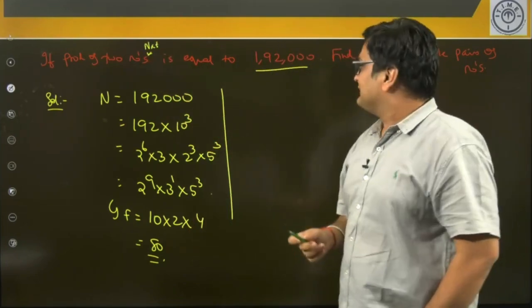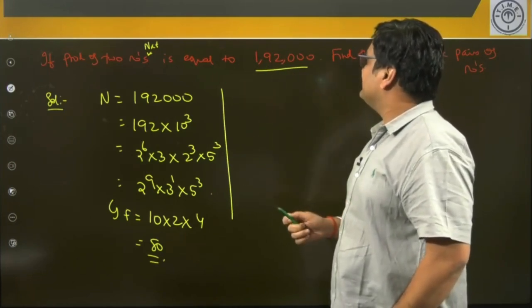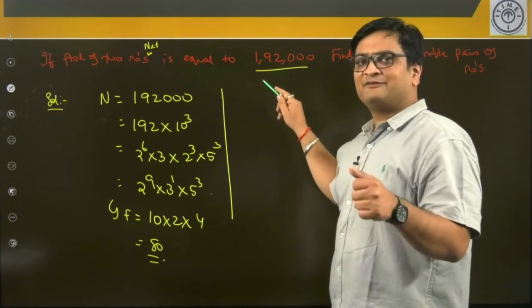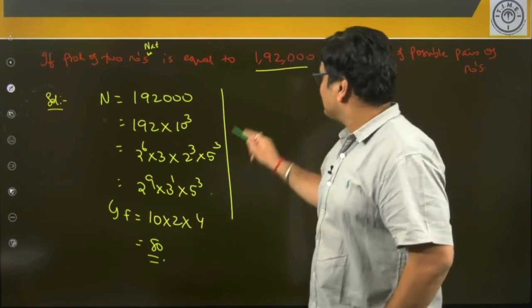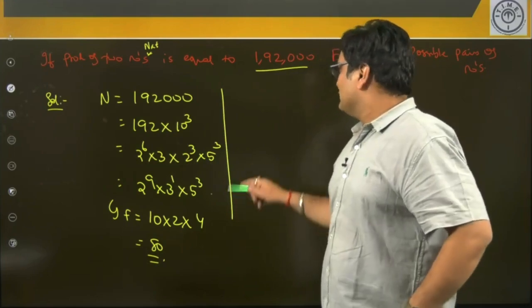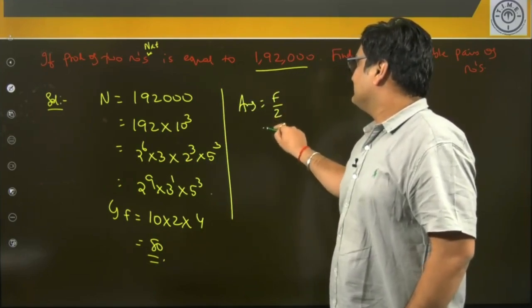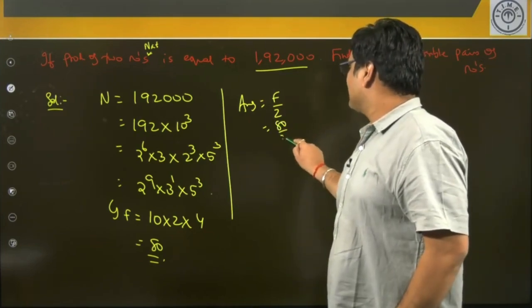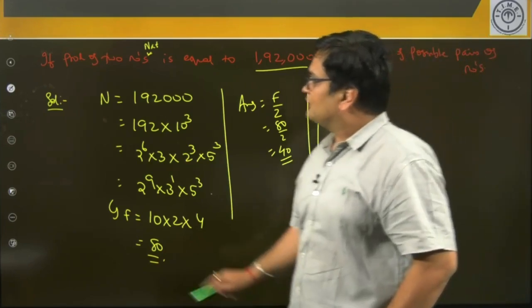Generally this is how the question would be asked, right? If the product of two numbers is equal to 1,92,000, find the number of possible pairs of numbers. So in how many ways can we write 1,92,000 as a product of two factors or two numbers, natural numbers? Since this is not a perfect square, I see an odd power here. So can I say my answer is going to be f by 2? This formula was discussed in the previous class. So my answer will be 80 by 2, which happens to be 40 ways, right? However,